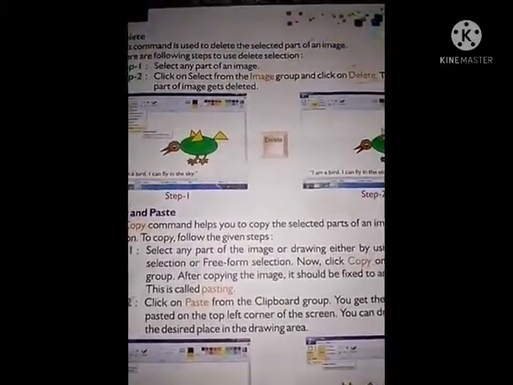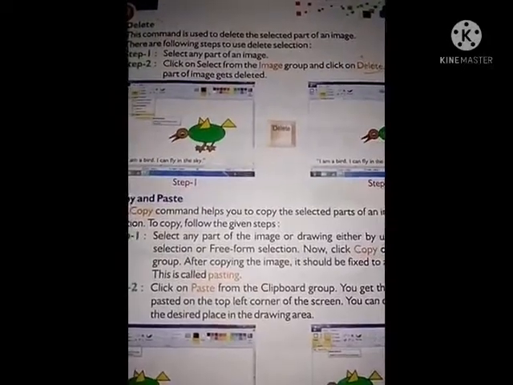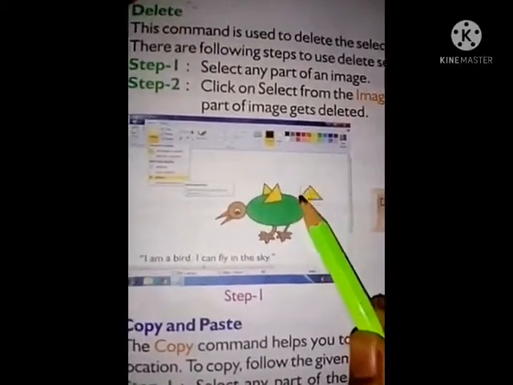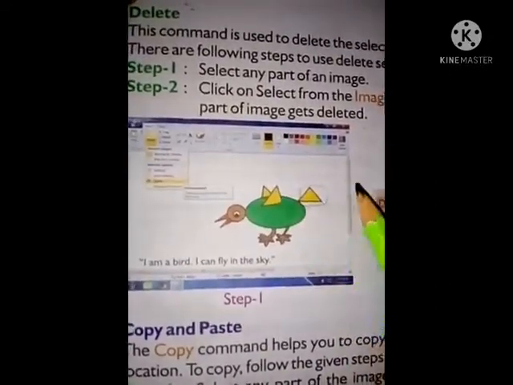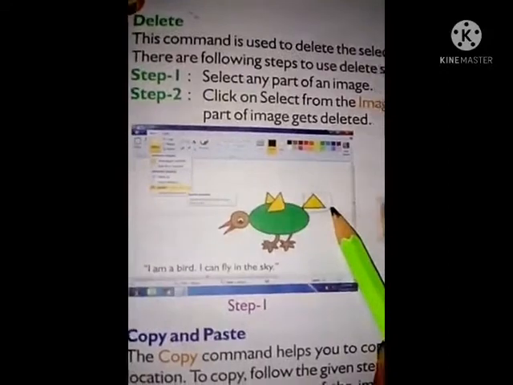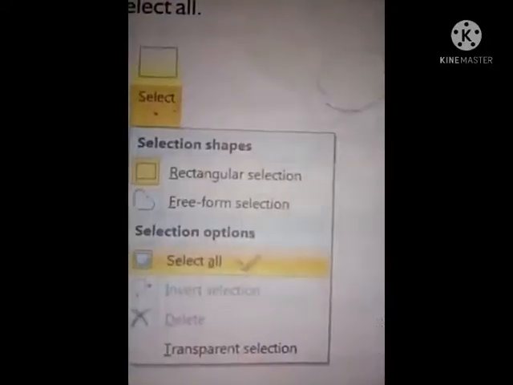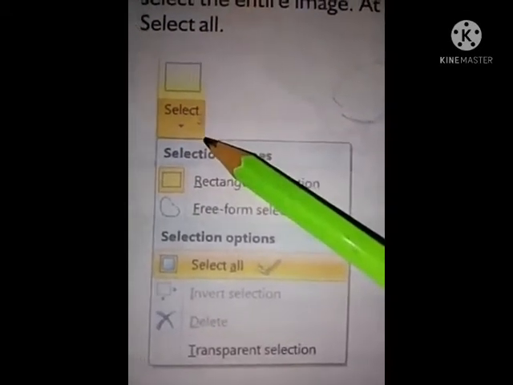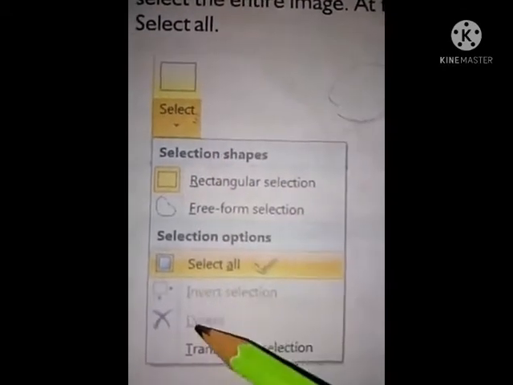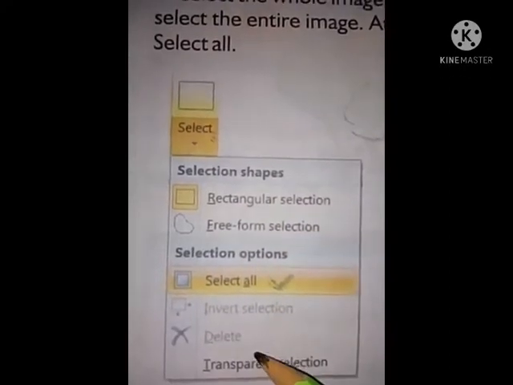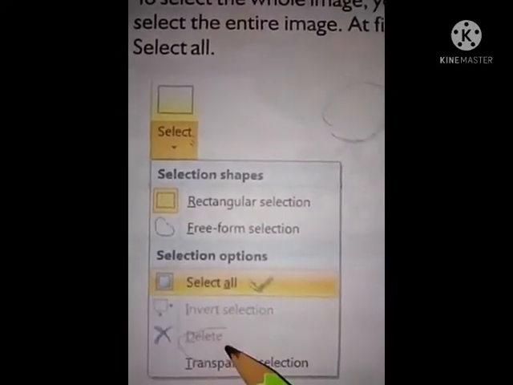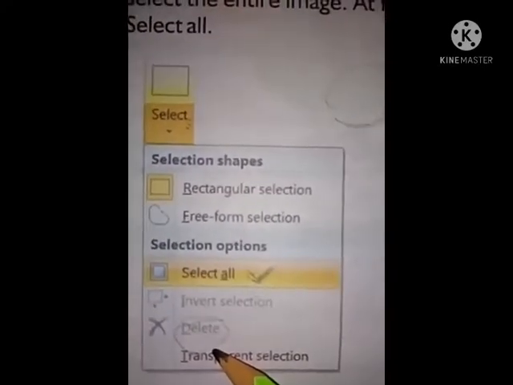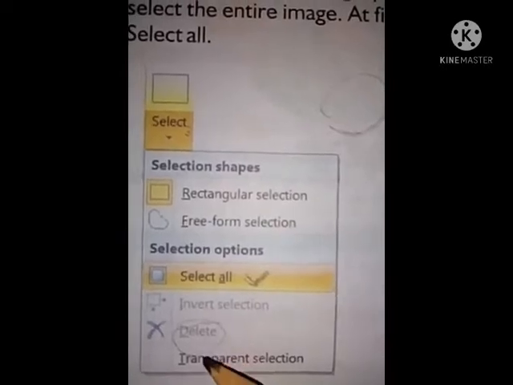Then a chart will be displayed and we should click on the delete option, and the selected part of the particular image will be deleted.